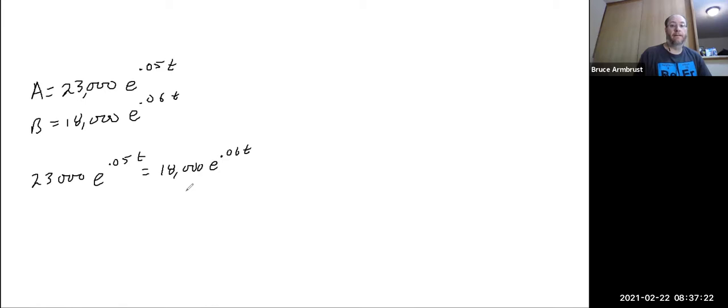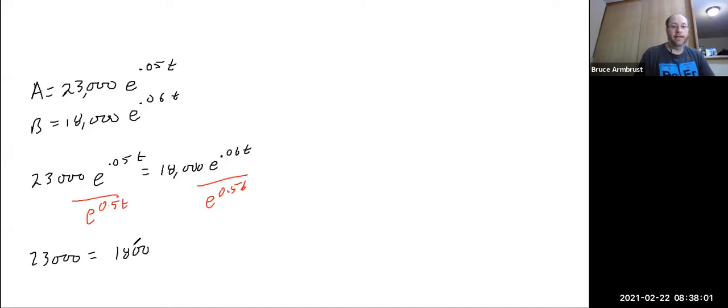Yeah, okay. Well, I'm going to do what we always try to do, which is get all the t's together on one side and everything that's not t on the other side. So I'm going to start by moving this e to the 0.05t over to the right. Why I'm going to the right, just because I can see what's going to happen here. And so I'm going to do this by dividing, because right now it's being multiplied, right? So if I do that, I have 23,000